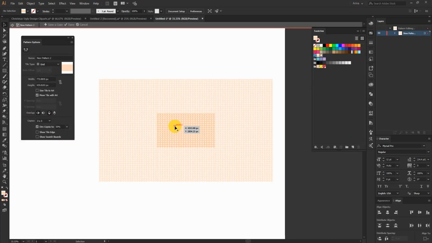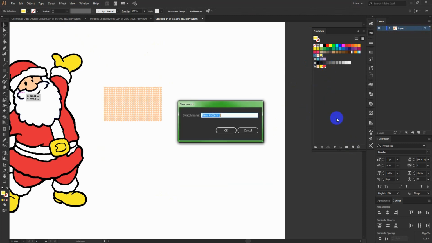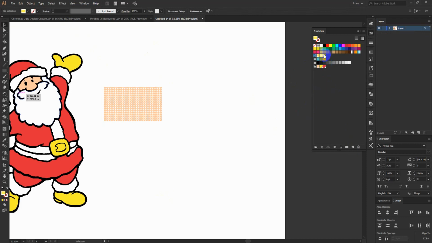If I select them like this, and if I press this yellow color here, okay, not like that, selecting them all, pressing this yellow color here and then done. So now I have two swatches in this two color. I am going to make another copy of that one like this.